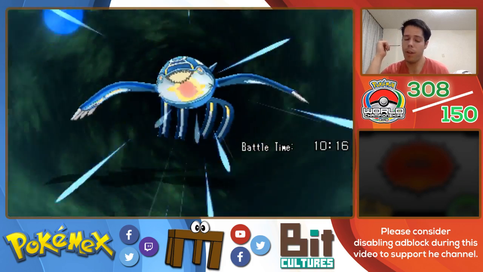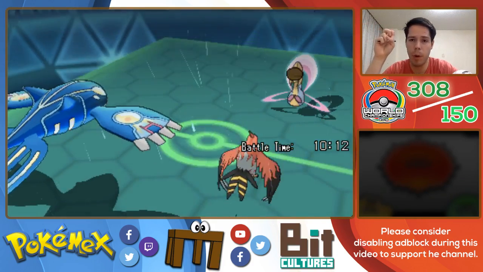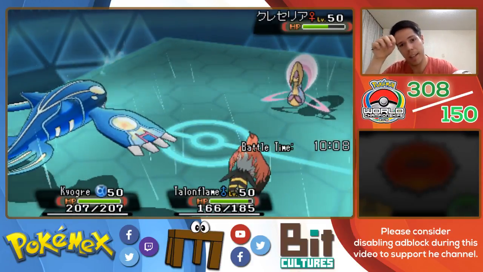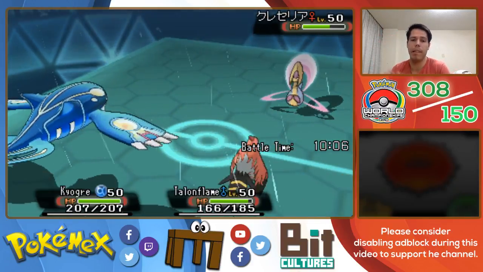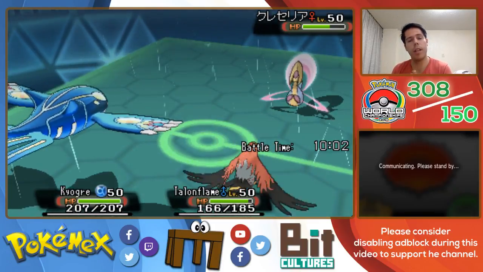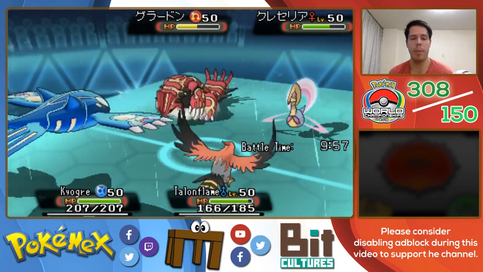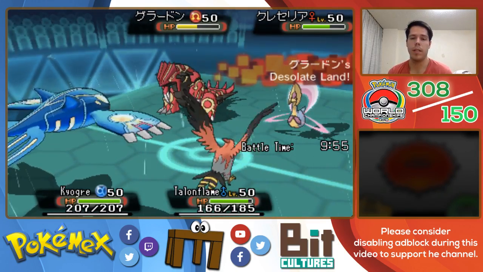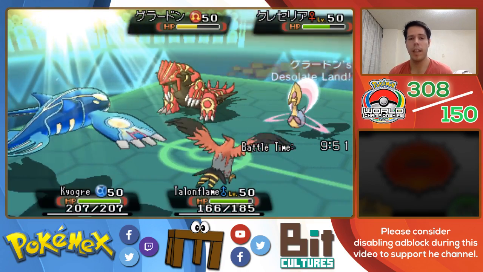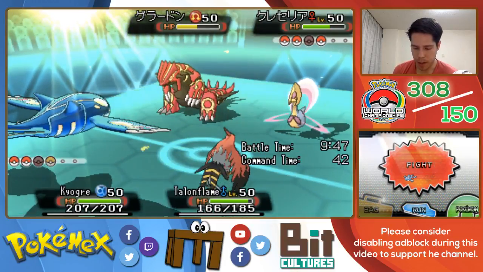And with Brave Bird, we should have Groudon almost checked. It is actually a Citrus Berry Cresselia, so he can definitely KO me right now. He might bring Groudon in, yep he does, but that's fine by me. I mean, he can protect right now. I still have a turn to be faster than him, but